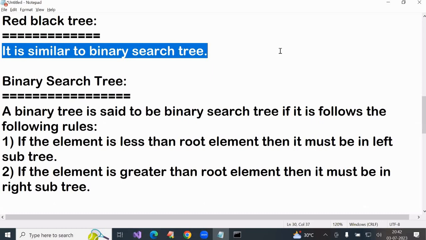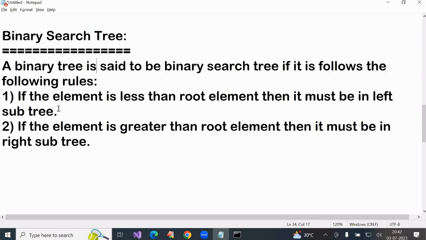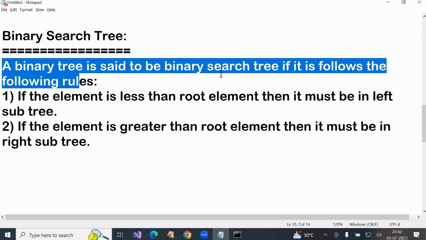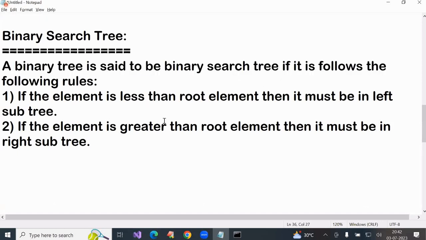It is similar to a binary search tree. What is a binary search tree? A binary tree is said to be a binary search tree if it follows the following rules. If the element is less than, it should be on the left side. If the element is greater than, it should be on the right side. But if the element is the same,